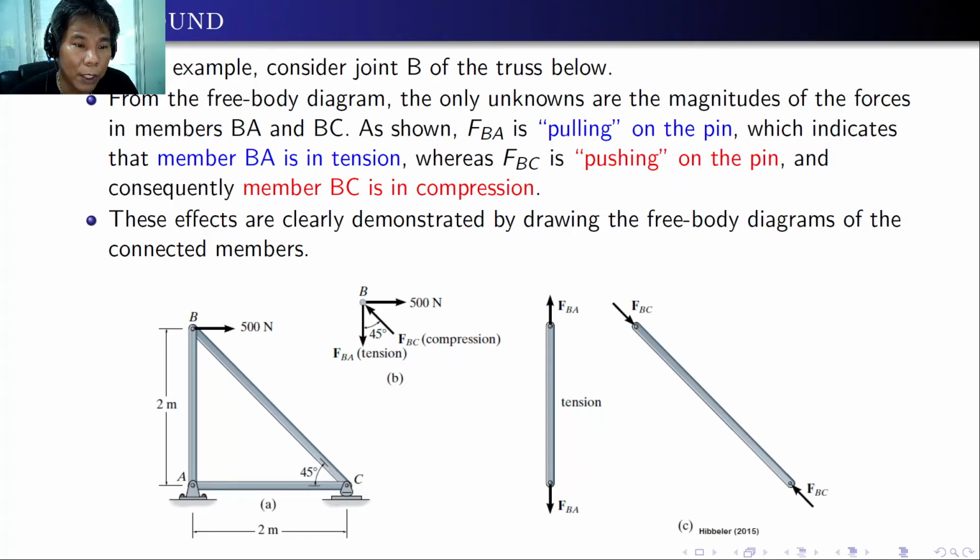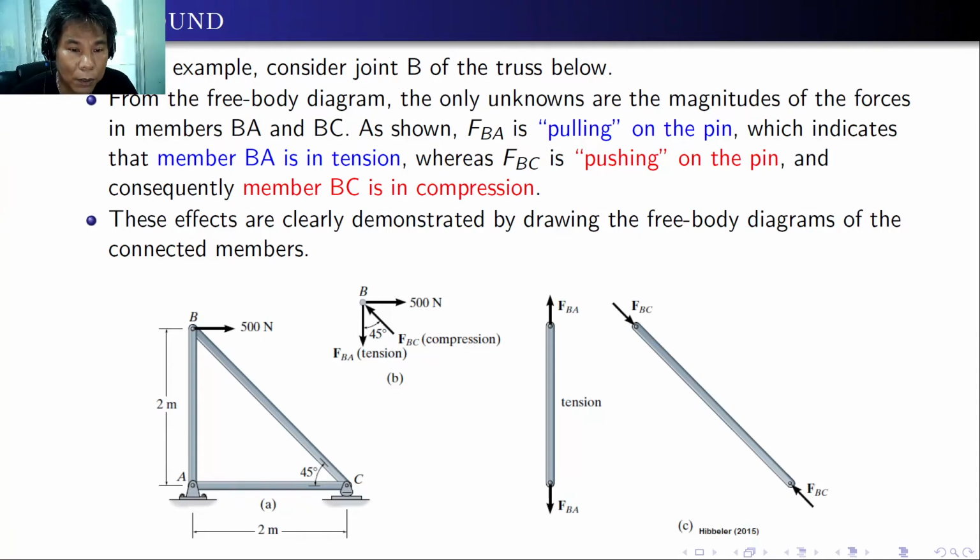Normally, as in notation, if we are referring to the joint, in the notations we normally use the joint number first, then the other joint. So we have BE and BC. As you can see, the force FBE, that is the force in the member BE, is pulling on the pin, which indicates that member BE is in tension. Whereas FBC, that is the force at member BC, is pushing on the pin, and consequently member BC